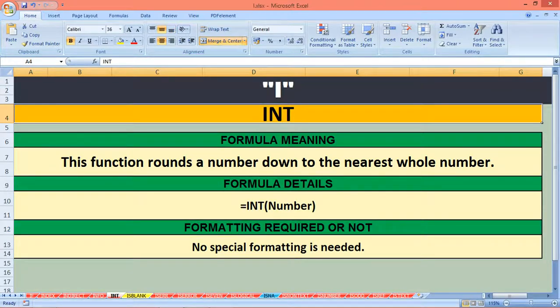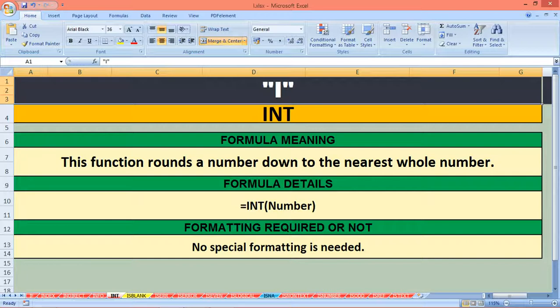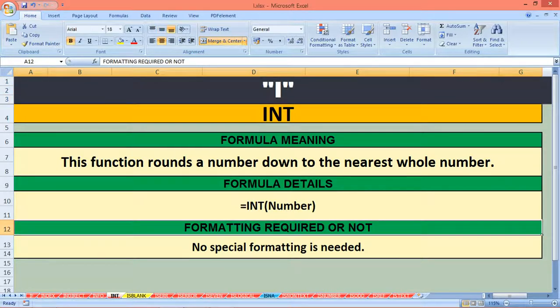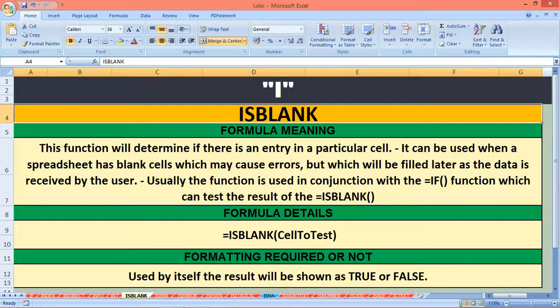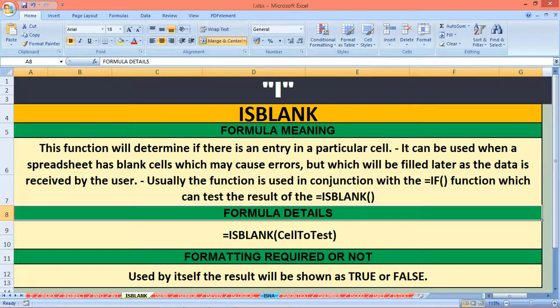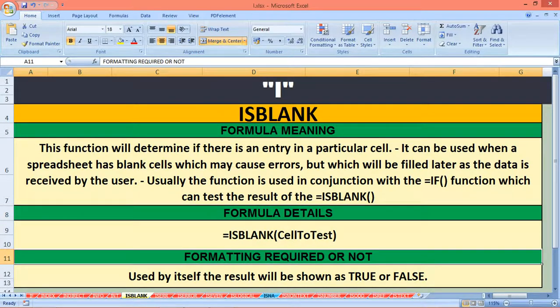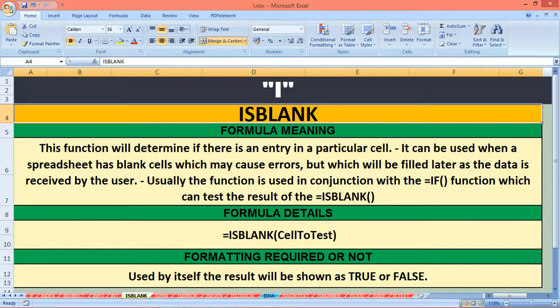Now the next formula, very important. I think all the people who are preparing their own formulas love formulas, so you pretty much understand how ISBLANK is and how much ISBLANK is required. This function will determine if there is an entry in a particular cell. It can be used when a spreadsheet has blank cells which may cause errors, but which will be filled later as the data is received by the user. Usually the function is used in conjunction with the IF function, if you remember, which can test the result of